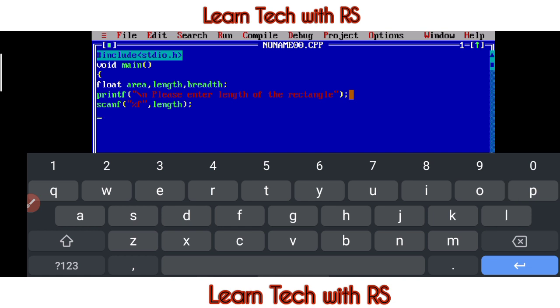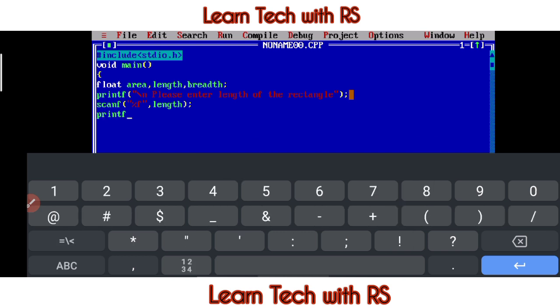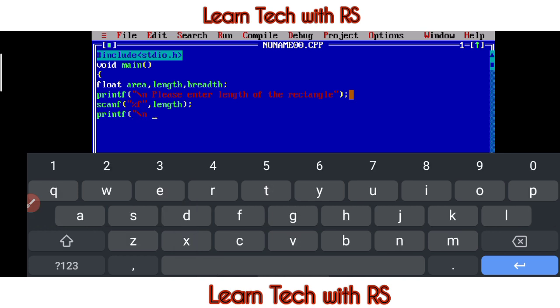Now again printf, write printf, then bracket open, then write backslash n, and now the user will have to enter the breadth, right, because we have already taken the length.